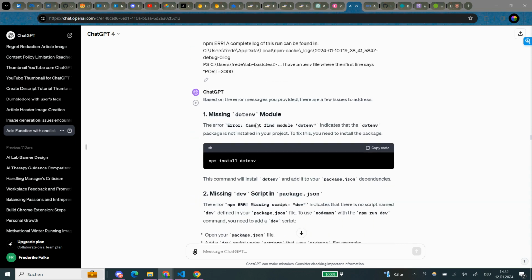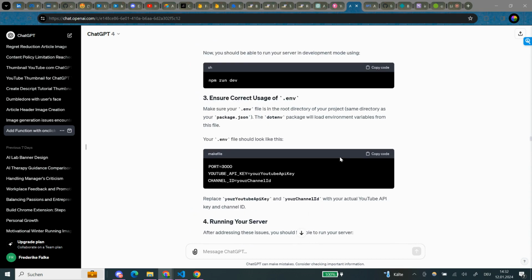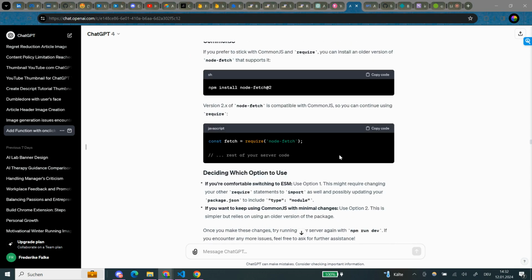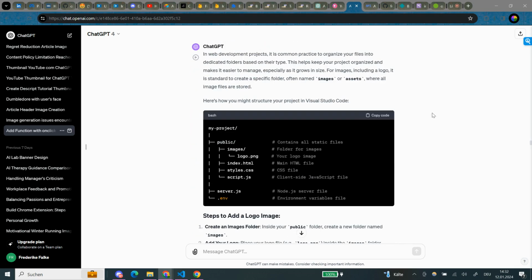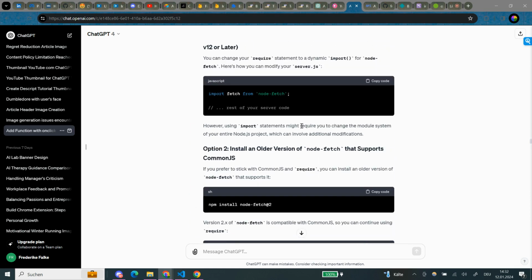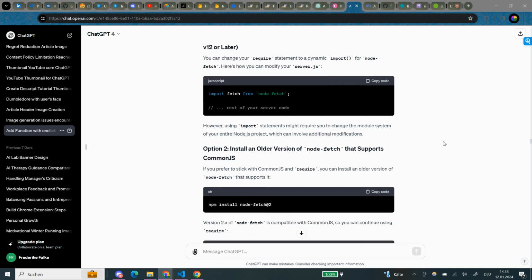Okay, here are some additional errors. So I was just missing installing something and then running the server and so on. So you see there are several things that I had to do. Then there was one thing, I'm not sure exactly. There was one version where I realized the import fetch from node-fetch wouldn't work anymore. And it told me that the reason is that they made some significant changes. And so I realized, and this is maybe one point where you can improve your ChatGPT use later on,